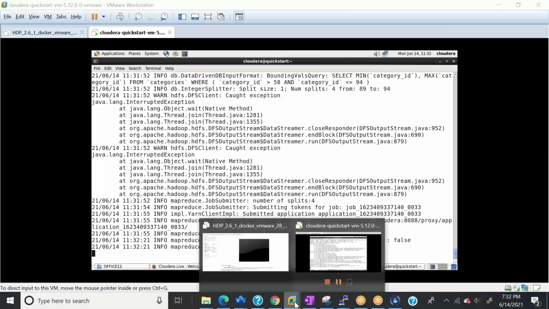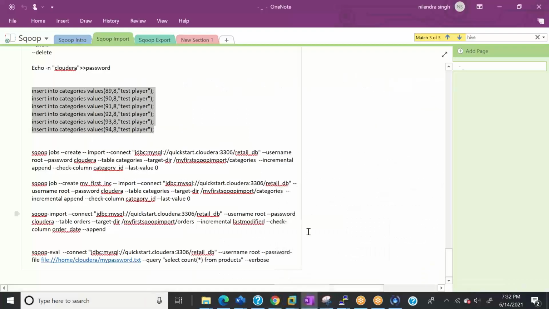Okay. So I think I have covered almost everything except this thing, right? So let me cover this as well. Let's say I don't want to put my password, I want to read the password from a password file. How can I do that? I can say --password-file and then the path of the file. This is my local directory, it's my local, so I'll say file:/// and then the password file path.